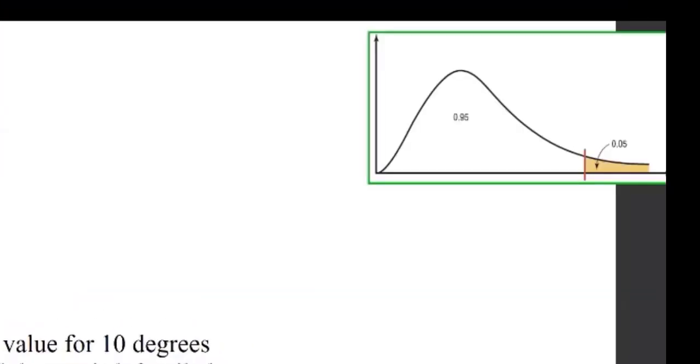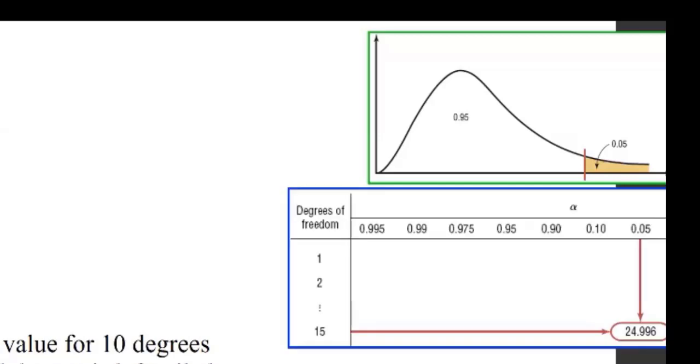So look at the drawing. The area to the right is 0.05. All you have to do is go to the table. Degrees of freedom is 15 and area to the right is 0.05. Very straightforward. Here's the table. You have 15, you have the area of 0.05, because remember the area to the right is what we need to do the math, and chi-squared becomes